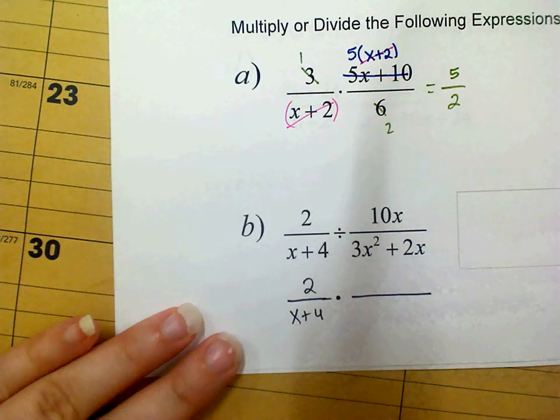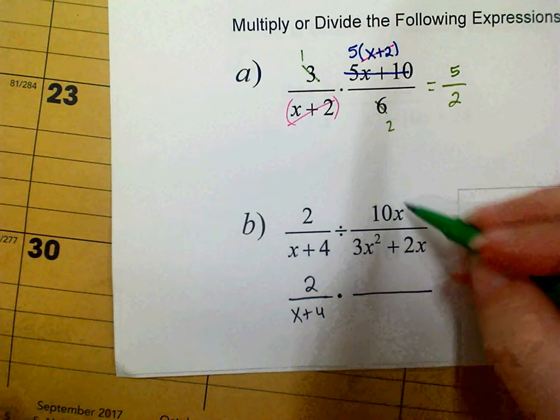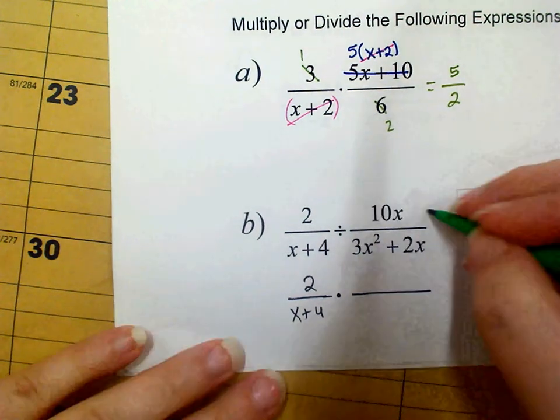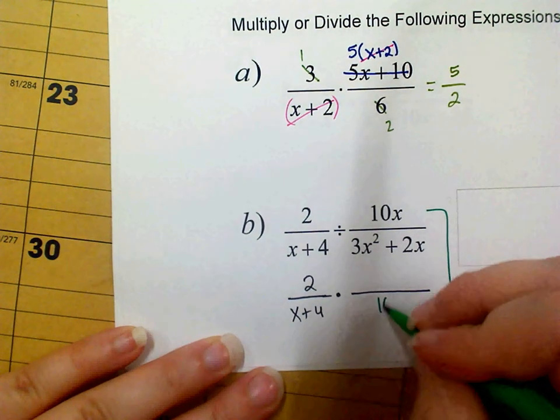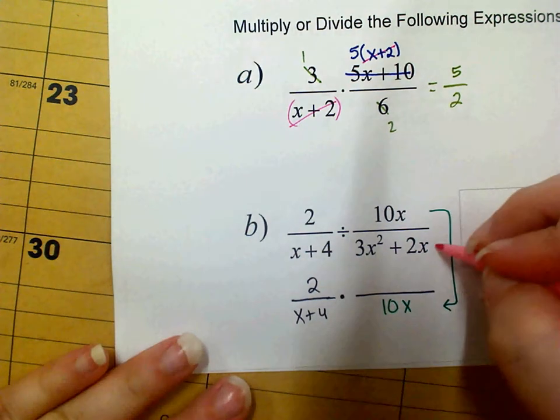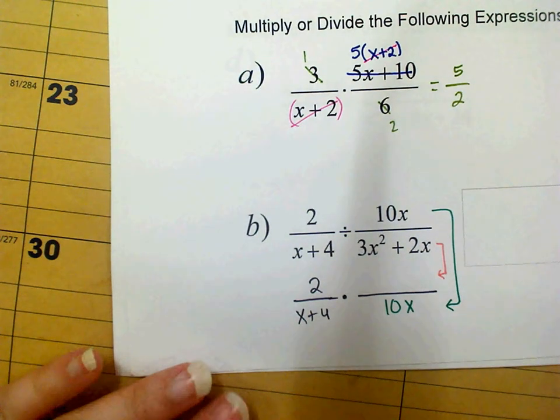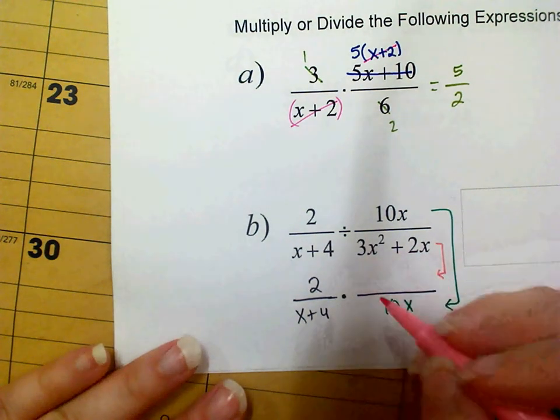So this one on the numerator, 10x, is actually going to go to the denominator. And there's nothing I can do to simplify that, so I'll just leave it 10x. Now the denominator of what I'm dividing by will actually go here, but instead of just writing it down, I'm going to go ahead and factor first. So I notice that there's an x in both terms, so I'm going to factor an x out, and I'm left with